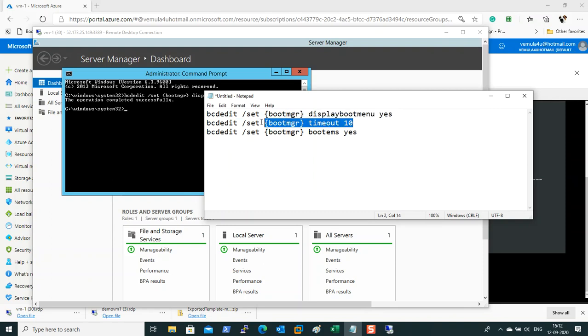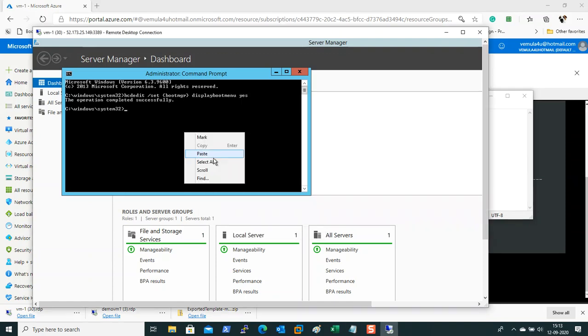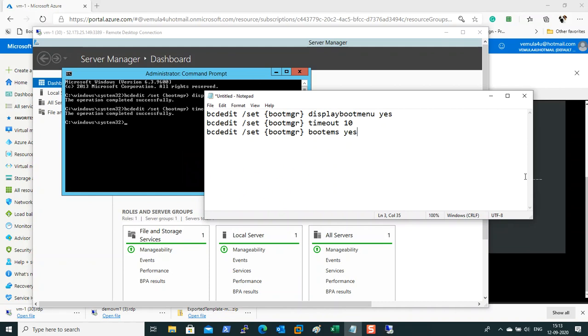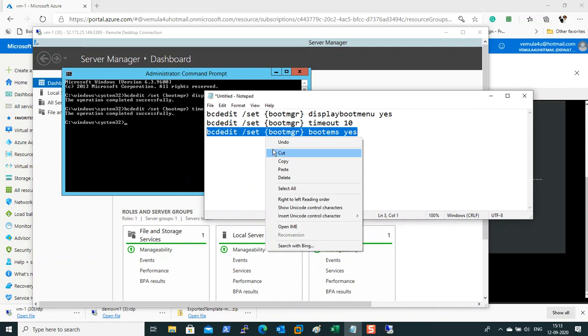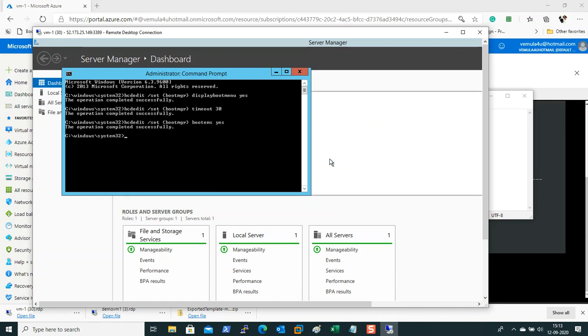So I am setting boot menu yes. I am setting the timeout value, and instead of 10, I'll increase that to maybe 30. And then again bcdedit set boot EMS. This is for older versions of operating systems, but I'll run this one as well.